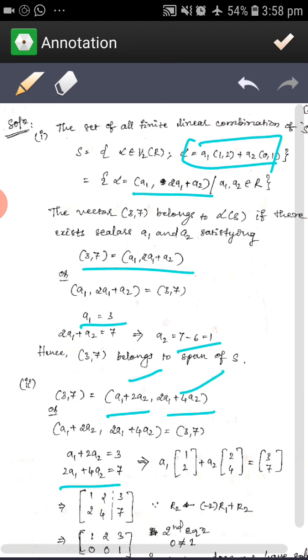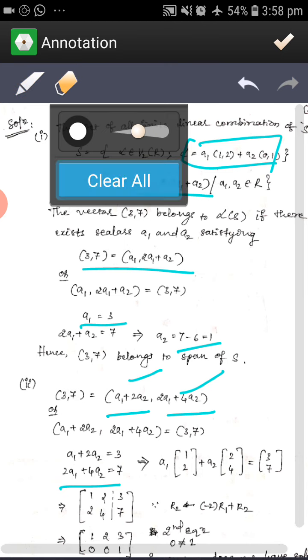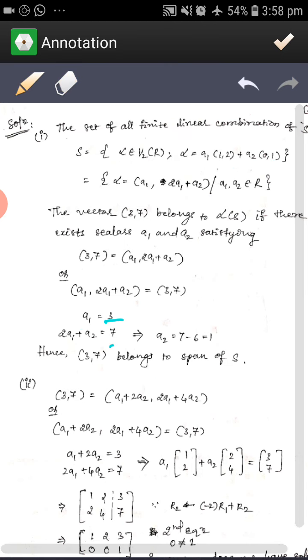If you see the problem, we can write this as an equation, and similarly the same thing. Here, since only one variable appears, we got the direct values because a1 directly matches the 3. But in both equations a1 and a2 are there, so the linear equations we can write in matrix form. That is the augmented matrix.